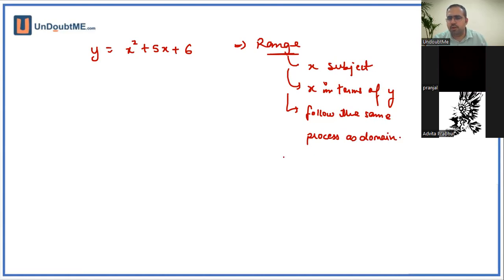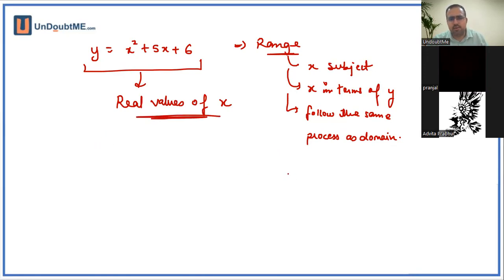Like what we do to find the domain, we have to do the same thing to find the range, but before that we need to convert x in terms of y. But for these types of problems where we have a quadratic expression, a quadratic equation, we cannot actually do that. Okay, so what we will do, since this exists for real values of x,